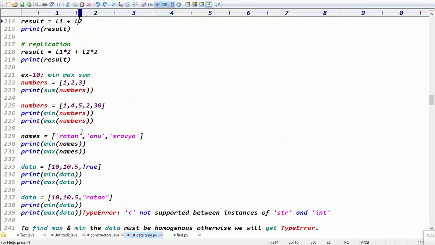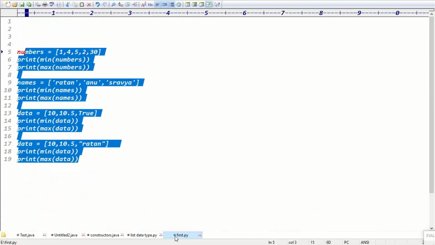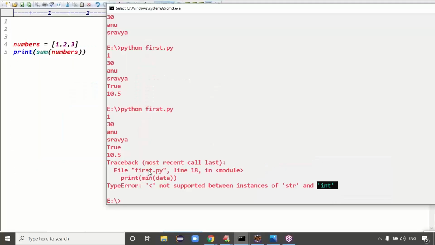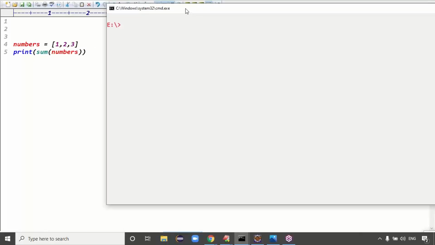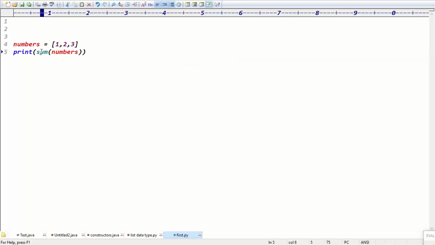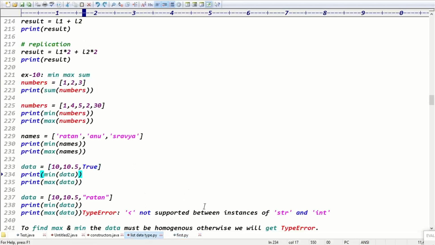And see this code here. Somewhere I'm using the sum function. The list contains elements 1 to 3. Guys, what is the output of this line? The sum of the list data is 6, right? Exactly. So if a list contains elements and you want to find the sum of those elements, you can simply use the sum function.